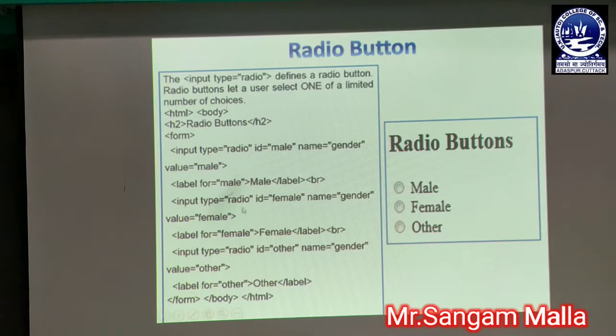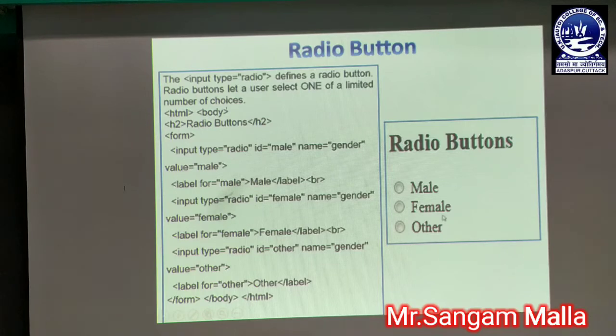So we have used input type equal to radio. Another radio button has been put in, where we have given the ID as female, name equal to gender, value equal to female. You can see that in the three radio buttons we have given name equal to gender, which actually specifies the group. That means this is under the gender group, and here the ID has been given as female and the value has also been given as female. That means whenever this radio button is clicked, the female value will be transferred to another web page.